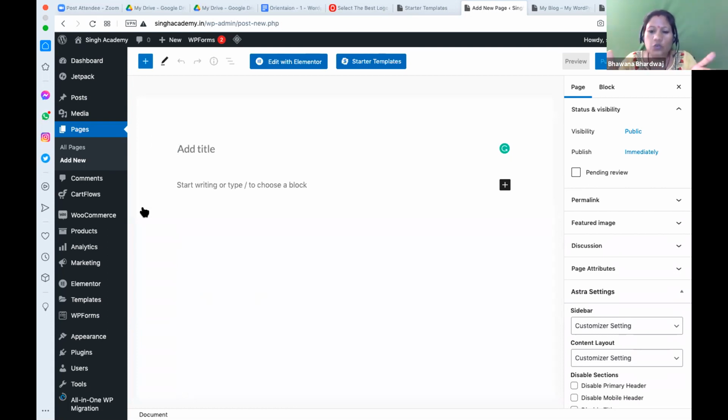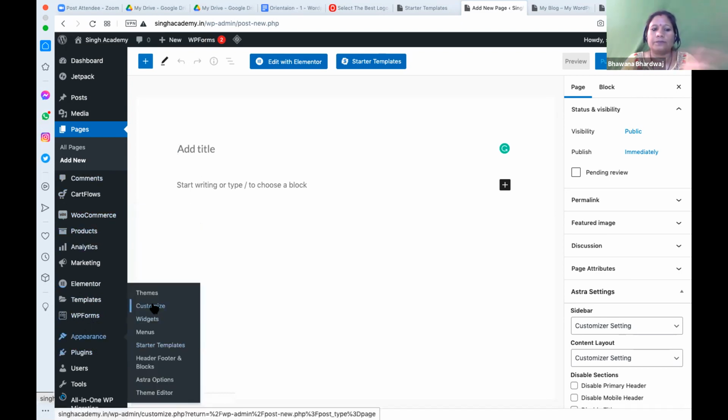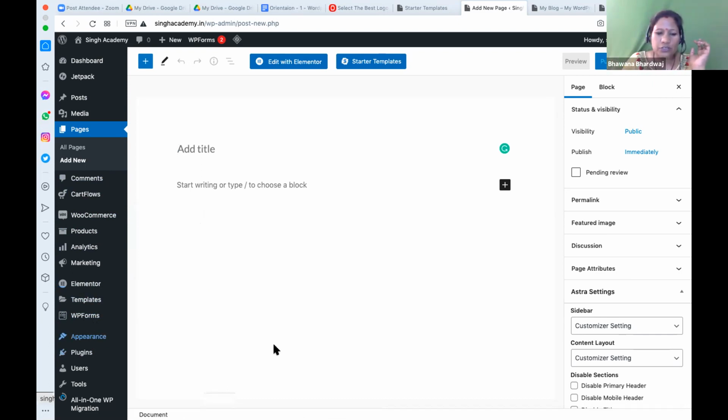So in the first go, it might seem a little bit overwhelming, and we have not gone in the structured way that I have planned. So tomorrow I will start with a brand new page and create an entire page in front of you. Right. So before that, I want you to go and familiarize yourself with the page elements and with this appearance customization element. Okay, ma'am. Right. So can everyone commit to do this assignment?